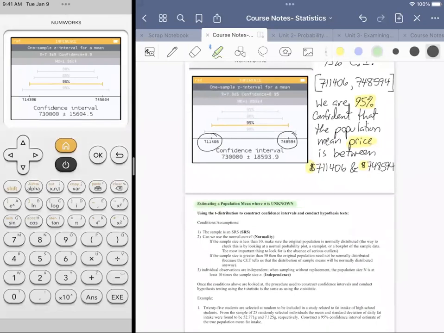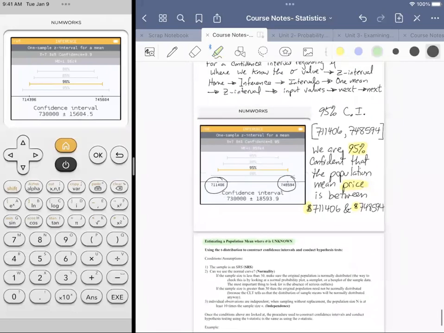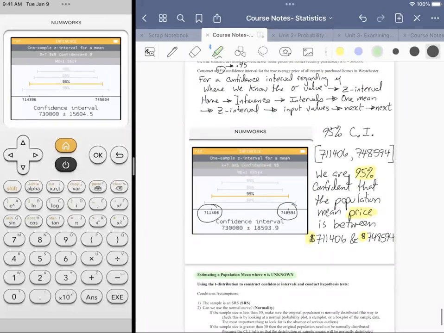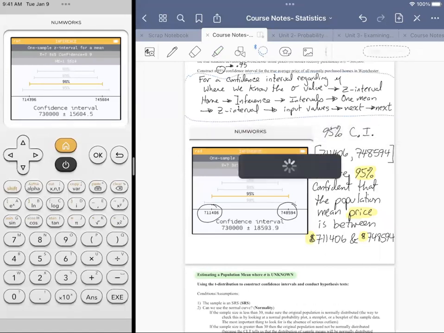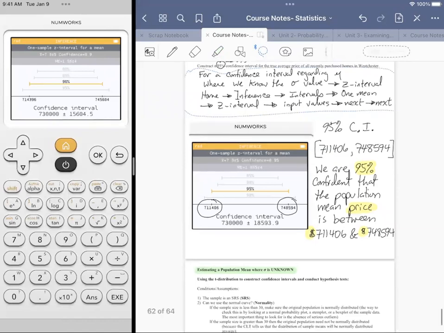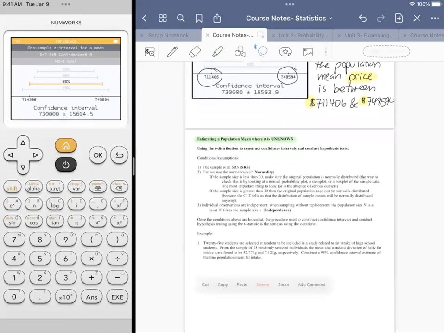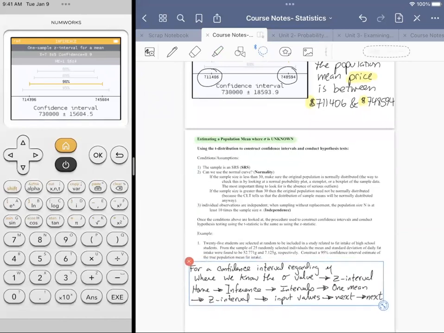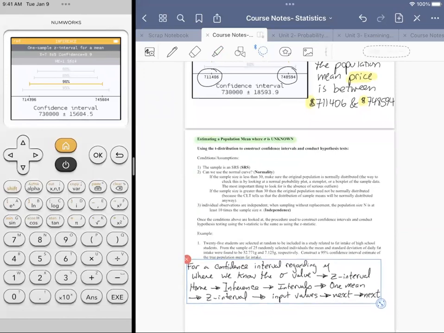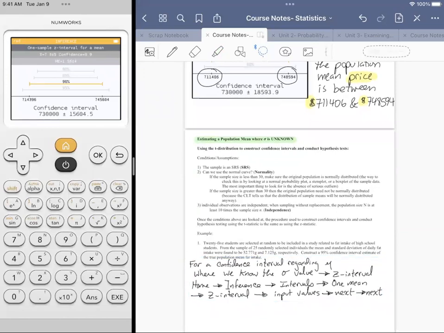We're going to do a lot of the same stuff. And in fact, process-wise, I'm just going to copy paste a lot of this, because we're still trying to estimate a population mean, but we don't know the population standard deviation. So for a confidence interval regarding mu, where we do not know